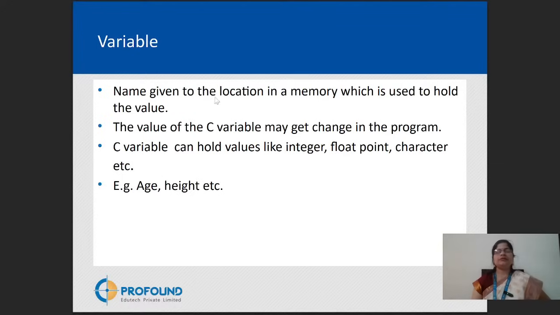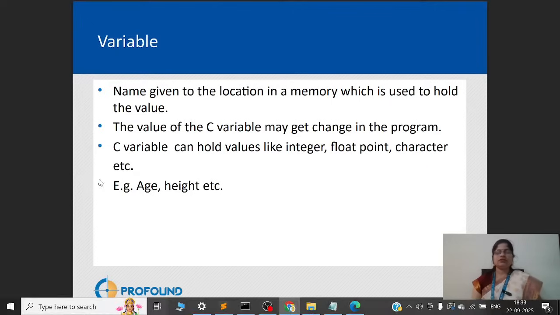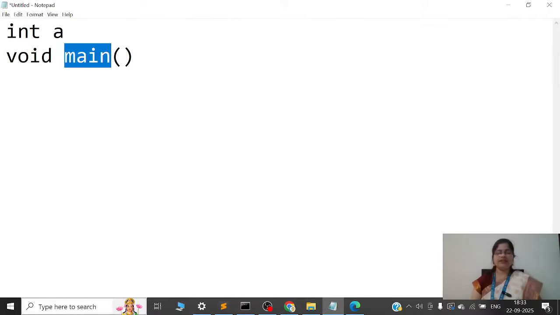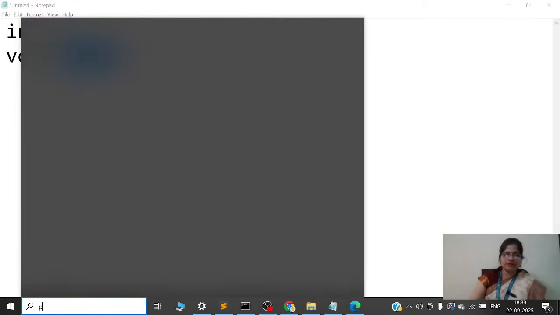So variable is the name given to the location in a memory which is used to hold the value. The value of a C variable may get changed in the program. A C variable can hold values like integer, floating point, character, etc. Variable is used to hold the value in the memory area.